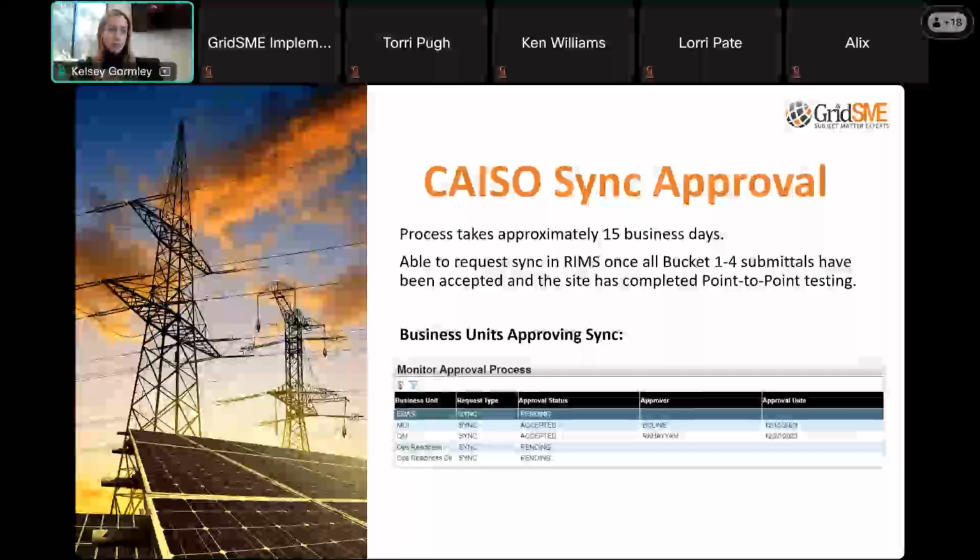Each of the various business units within CAISO will review your request and approve it. And then once they've all approved it, there will be an email generated by CAISO that says, your resource has been approved for synchronization. Please have your scheduling coordinator submit test energy schedules so that you can start using grid power for commissioning purposes. So that's where we're at in the process.